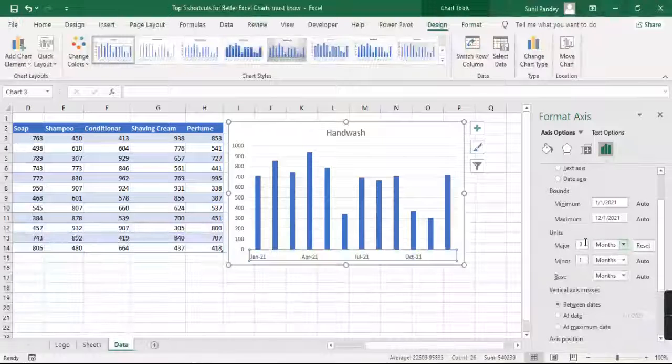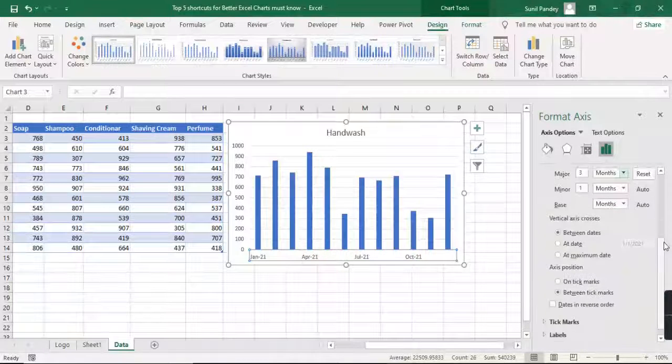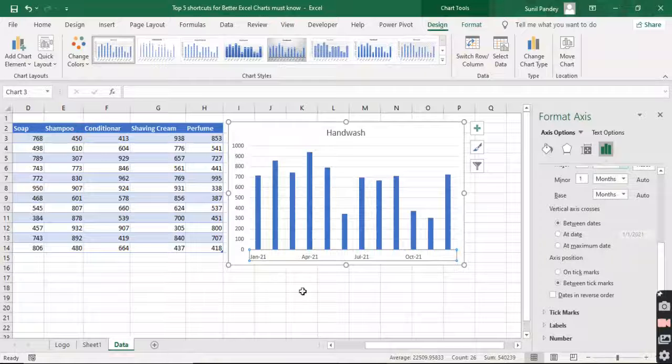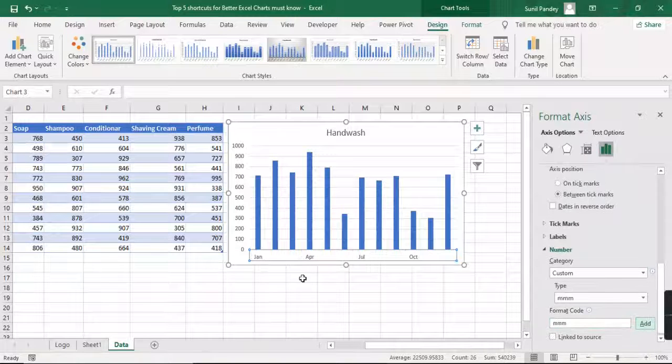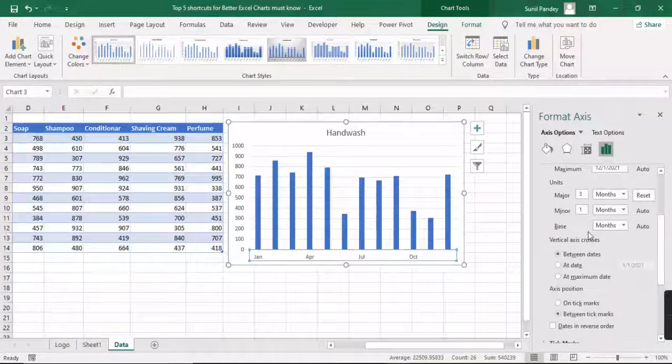And suppose you want to format a number, like if you don't want to show Jan 21, you want to show the month only. So put MMM, add, that would be better to show. Okay,